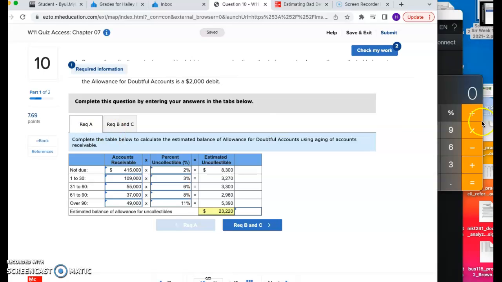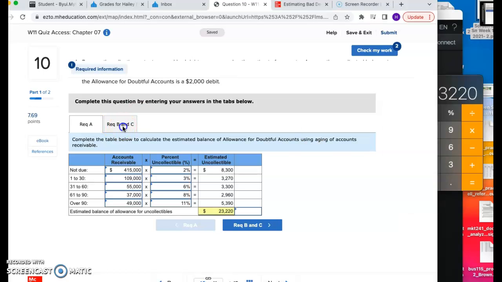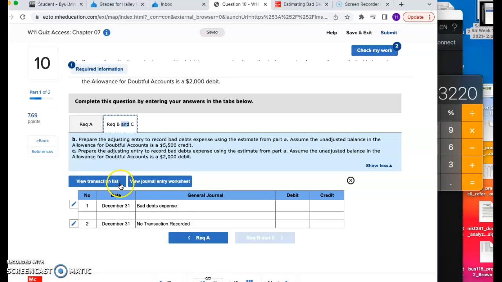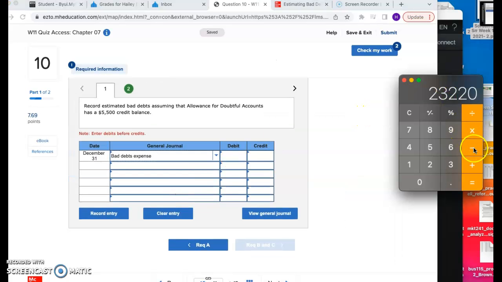So we're just going to take this number right here, which is 23,220, and then we're going to be subtracting the 5,500 credit balance. And then I got